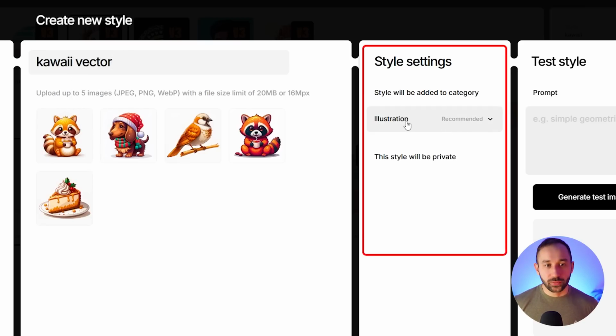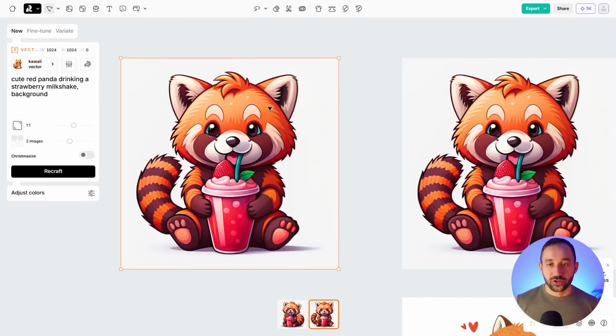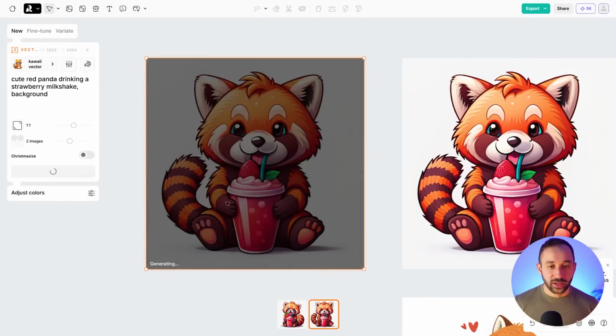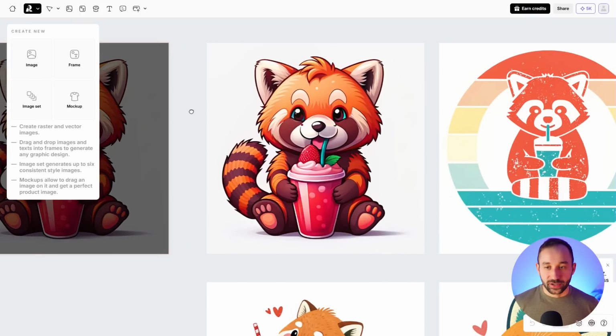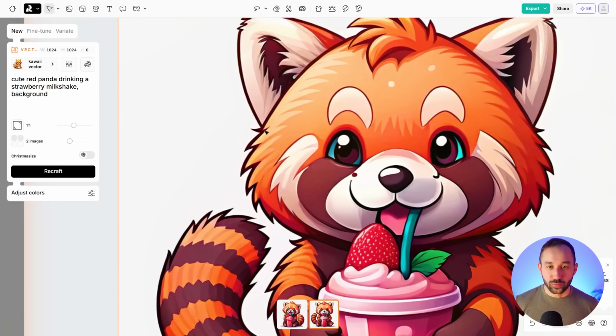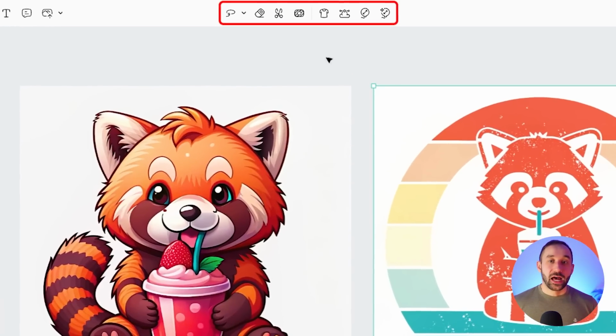Over here on the right, you can change this from illustration to vector art, and then if you add it to your styles, and let's drag this over, regenerate this, if you now got this vector style selected, it is going to turn it straight into an SVG file, which is obviously different to this, which is still pixel based. If we zoom in right here, which brings me on to the next point, you've got background removers and vectorizers